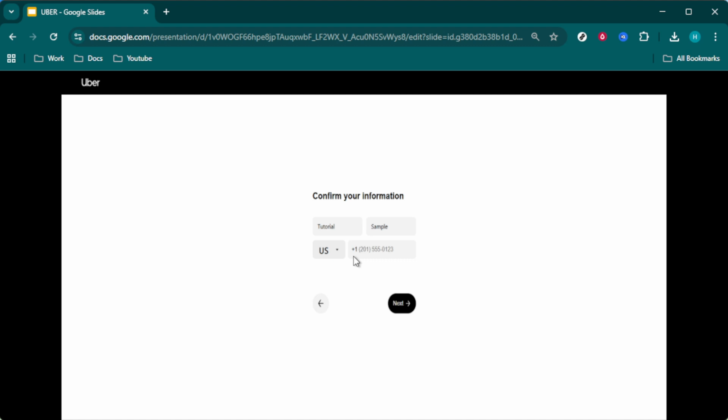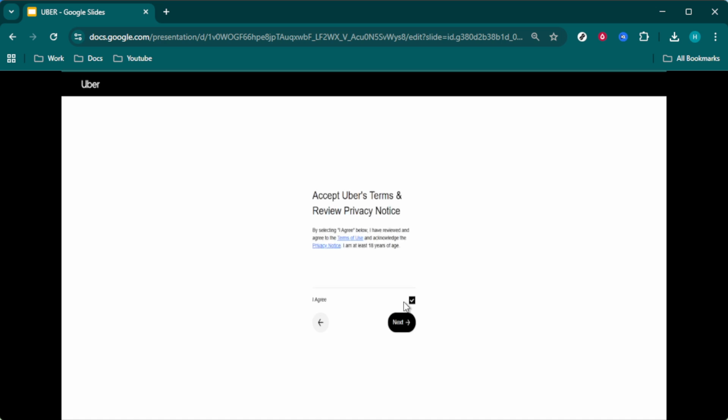Next, you'll need to provide your name and phone number. Make sure you enter these details accurately, as they're crucial for verifying your identity and securing your account. It's best to double check your entries here. Afterward, you'll see an Agree button accompanied by the Next button. Click on Agree to consent to Uber's terms and conditions, then proceed by clicking Next to move forward in the